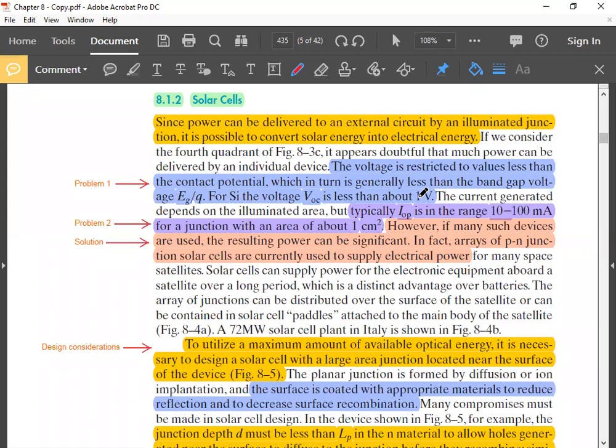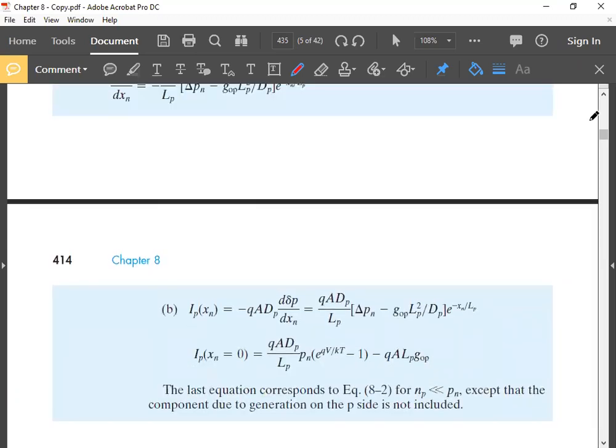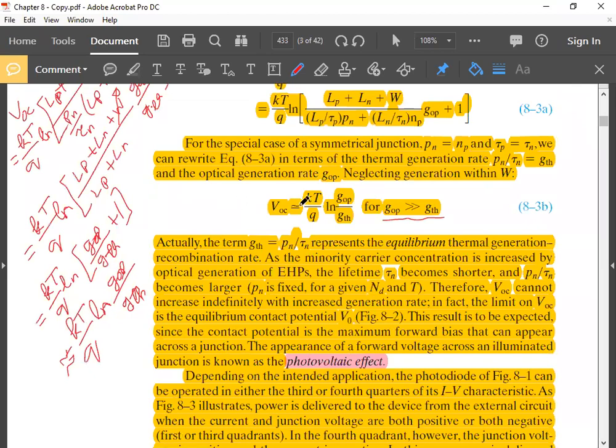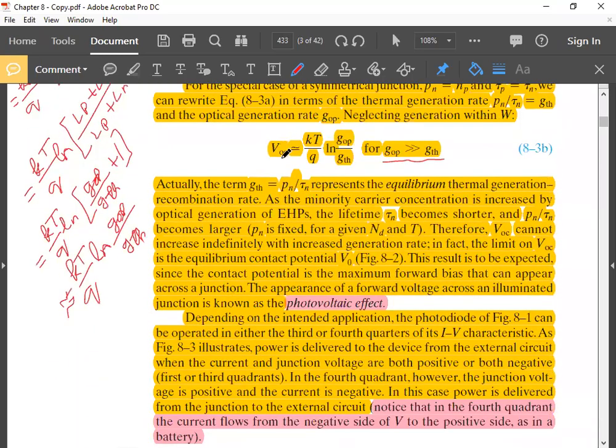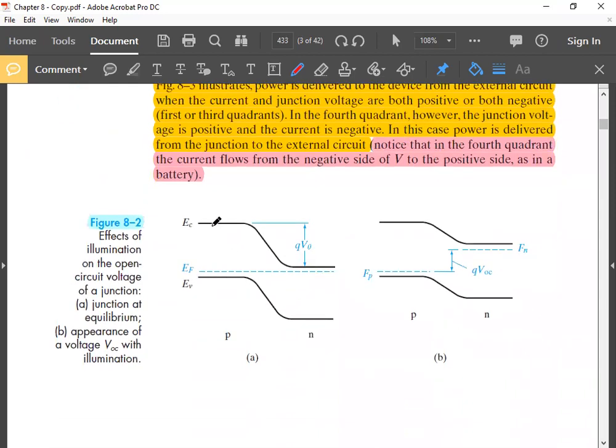Remember, in the last section, I showed you the expression of VOC, and I told you that the upper limit of VOC is V0, the contact potential. So VOC can be maximum V0, and qV0 is less than the band gap Eg,